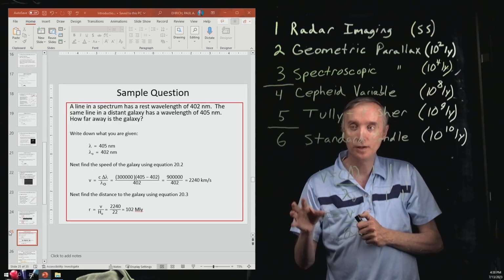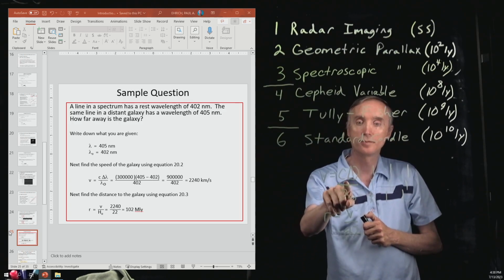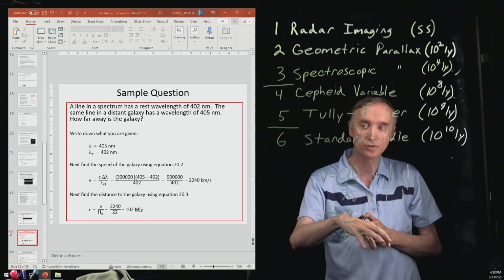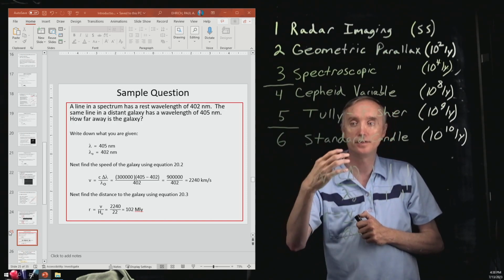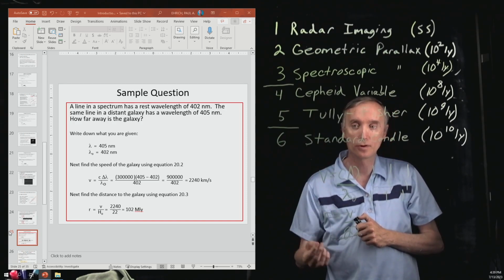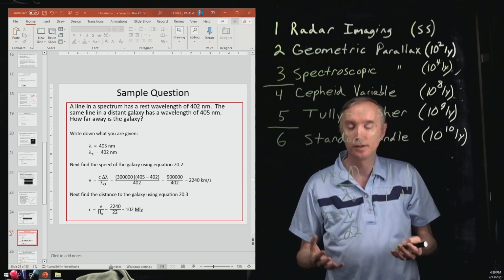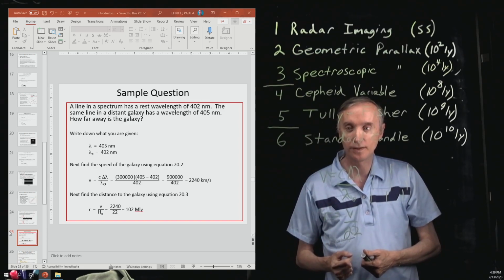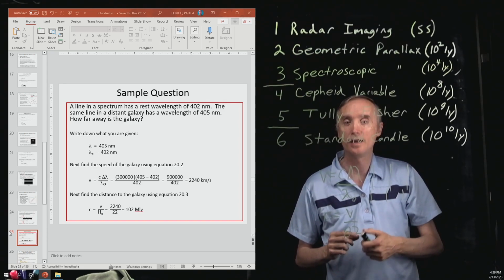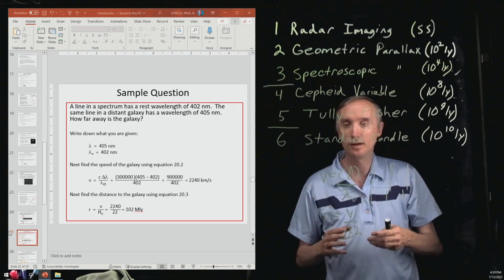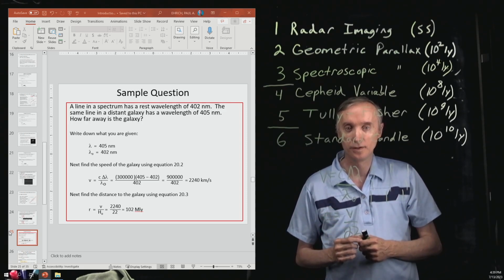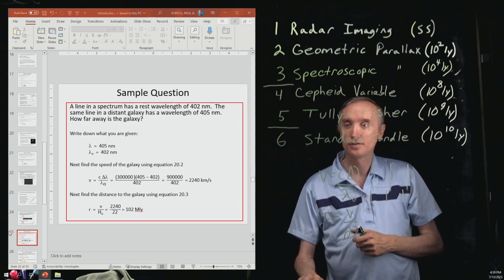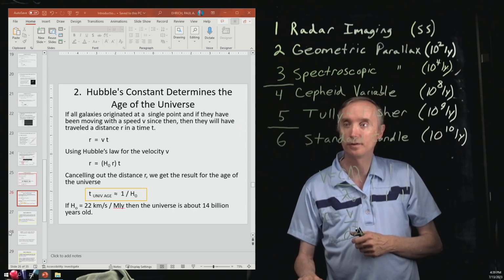So we take 300,000, multiply it by the change in the wavelength, which is 405 minus 402, then divide that number by 402, and that gives us our speed. Then take that number, divide by 22, and that turns out to be 102, and then stick the unit on there, mega light years. So that's how we can figure out the distance to that object. If we put this all together,